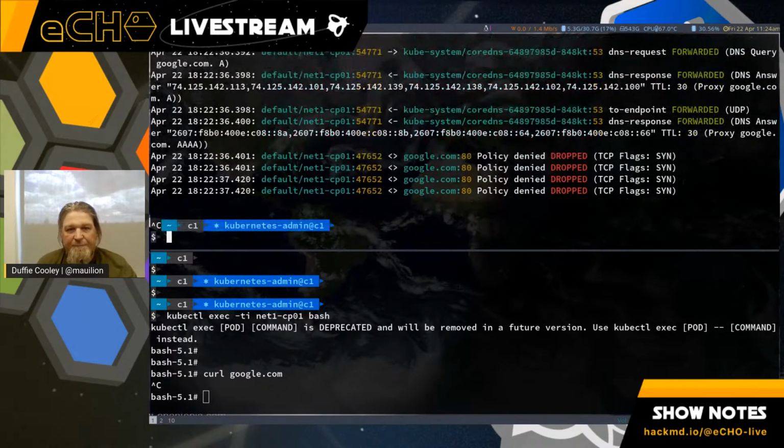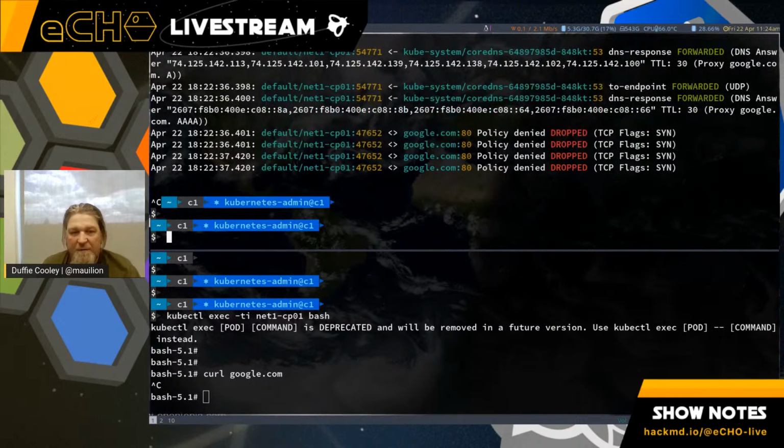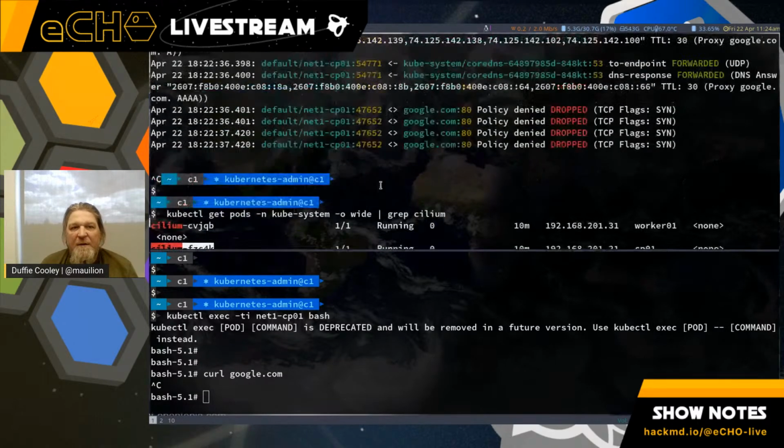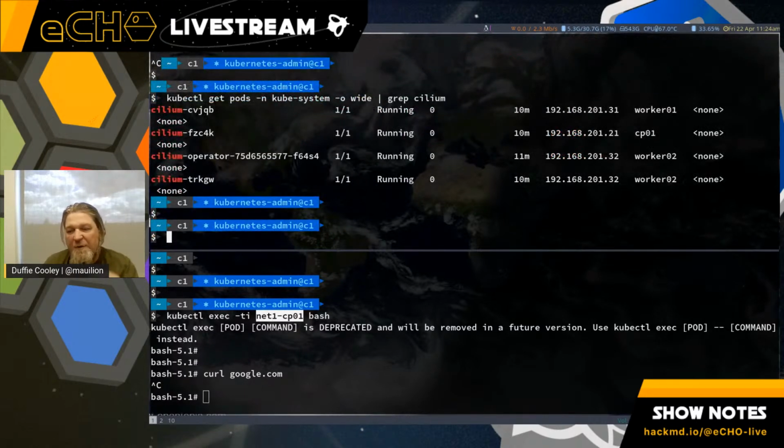Now, we were able to see the DNS request. What did we do with that, right? We were able to observe that there was a DNS request. Where did we put that information so that it could be relied on in the future? Let's take a look at that real quick. I'm going to jump into the agent where that node is running. Right now I'm sitting on net1 CP01, and that means that the FQDN cache that will be used will be stored by that agent. So let's jump into that agent.